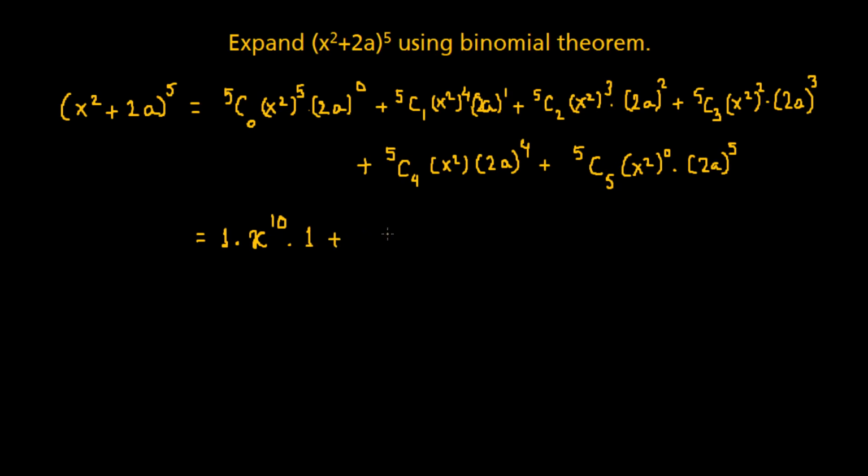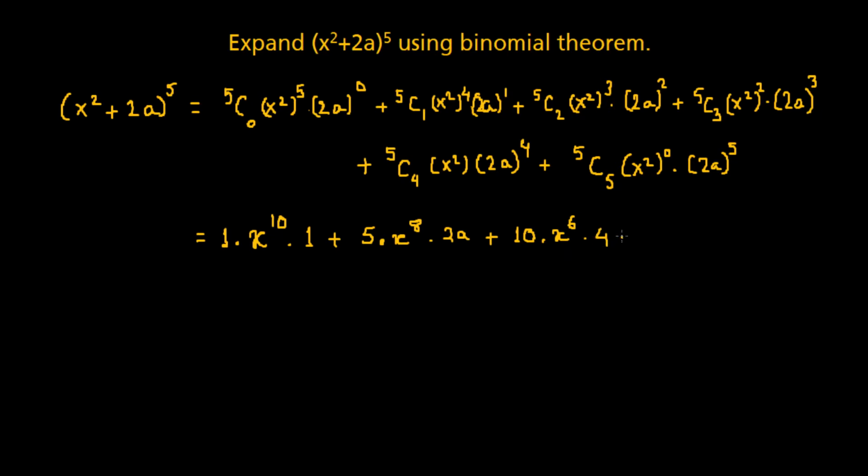Then we move on to the second term. So 5c1 is 5. You can verify it. Times x squared raised to the power of 4. So 2 times 4 is 8. x raised to the power of 8 times twice of a, plus 5c2. So 5c2 is 10. You can check it out. So we have 10 times x raised to the power of 6 times twice of a squared, so that will be 4a squared,